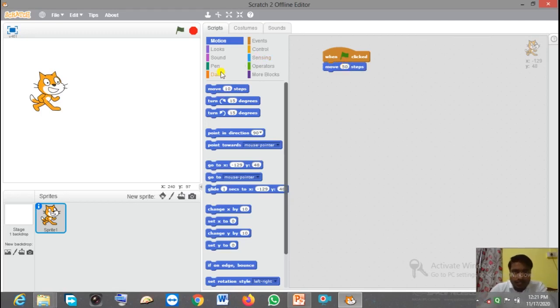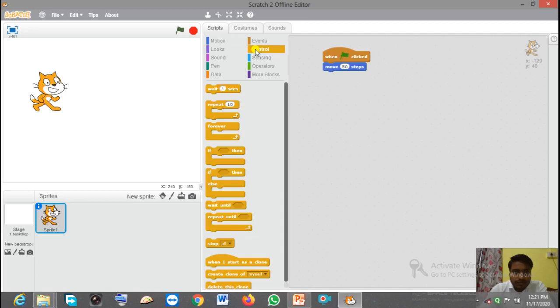Then you want this sprite to wait for 5 seconds in that place only. For that you have to take the wait command, and that you can find in the control block.